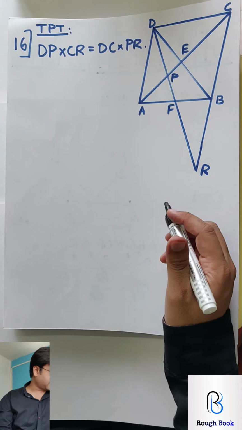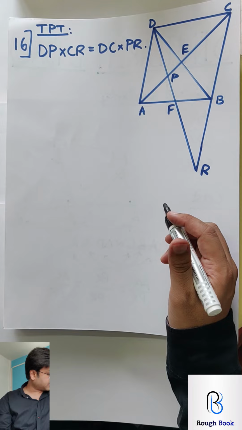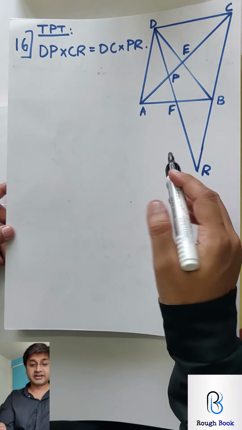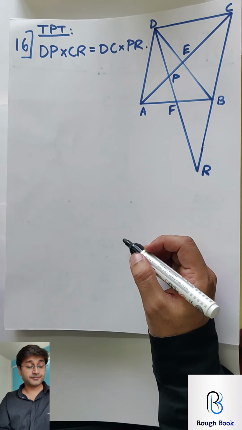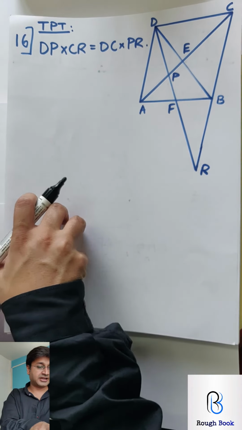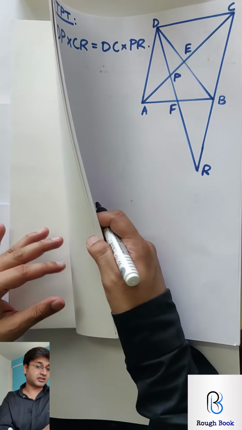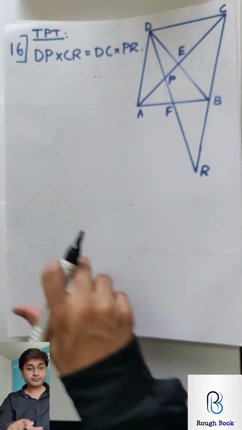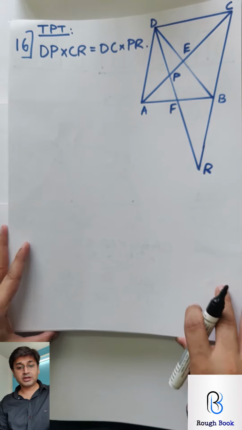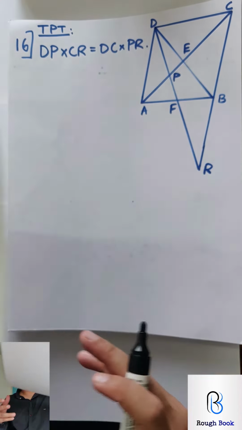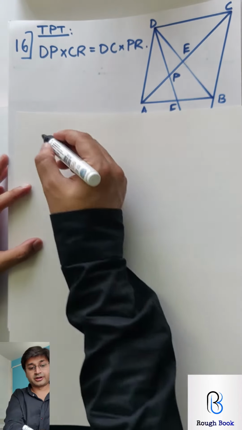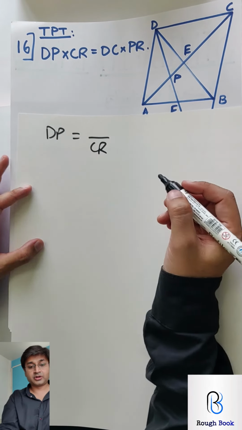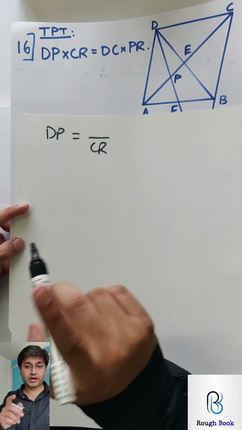In 16 they say that ABCD is a rhombus, and some sides are intersecting. Prove this. We will keep some rough sheets handy this time in order to understand the questions nicely, so we don't go wrong anywhere. Now, DP into CR, how can you tackle these questions? I am showing you the trick. Keep DP here, send CR down. Out of these two, keep any one on top.